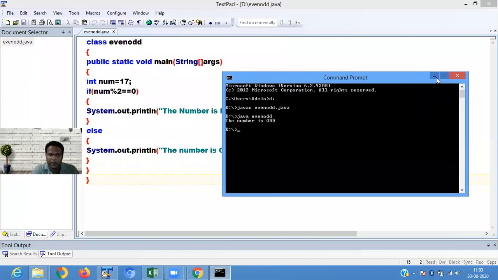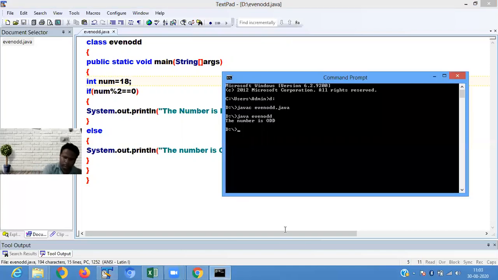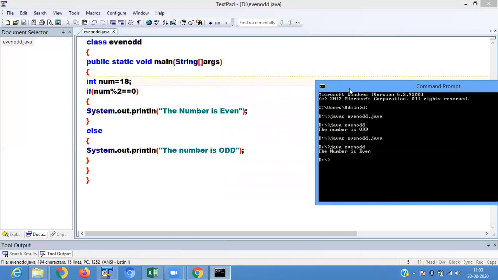Now in the program, if I pass 18 here and run the file, it shows the number is even.